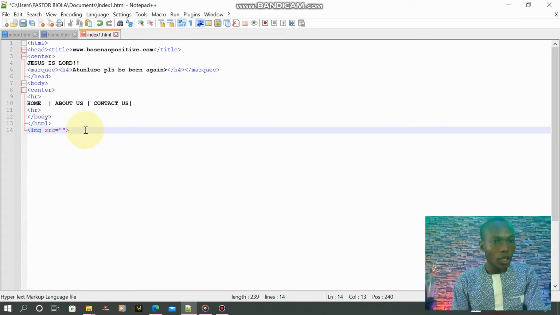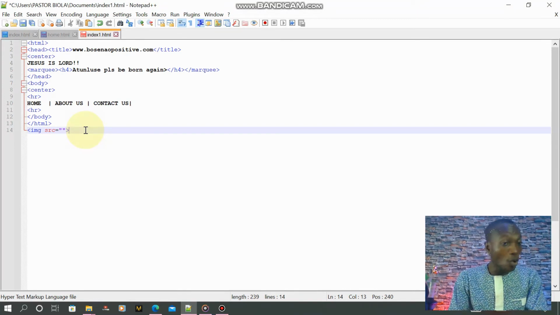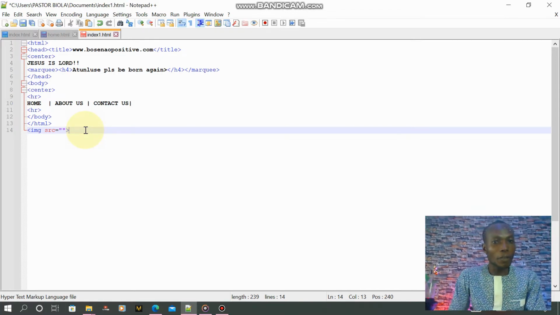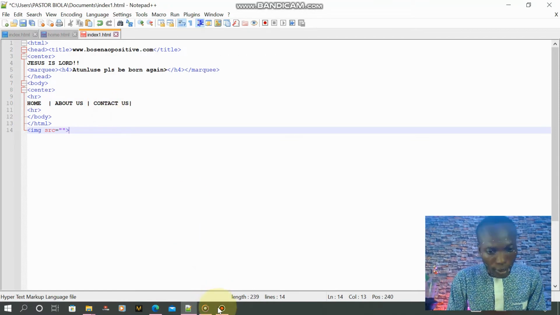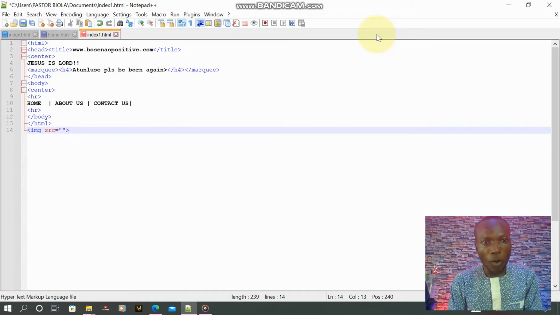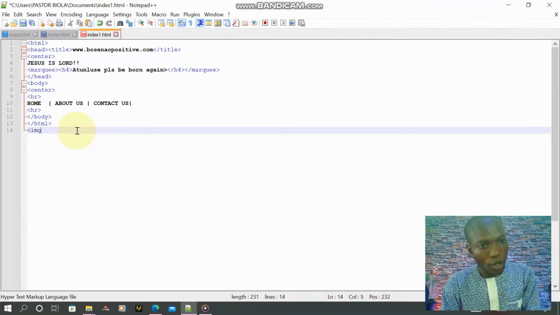I said image, I leave a space, I type the source like this to say src. That is, you are trying to tell the system, go and look for an image in a particular source in my computer. That is, look for this image in this particular place on my system. That's the meaning of that code. This is the major template, but that's not where we usually put